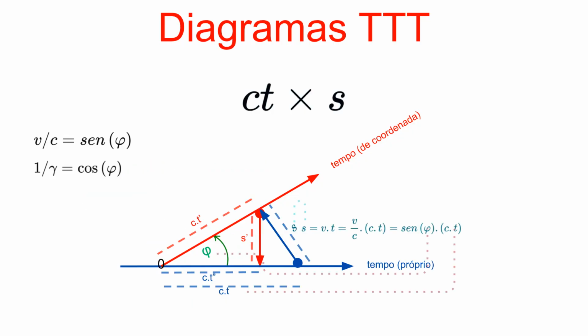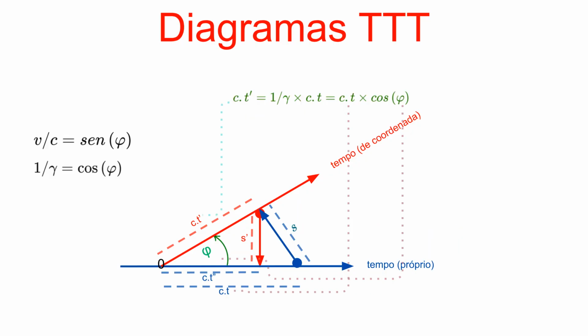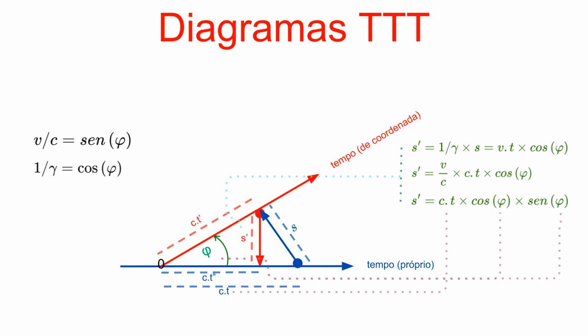Moving to the next view, we focus on the relationship between coordinate time and spatial distance, labeled as t by s. This diagram explicitly maps the relationship between proper distance and coordinate distance through the variable phi. Here we visualize the vector path, showing how proper distance, s, is defined by the velocity ratio relative to light